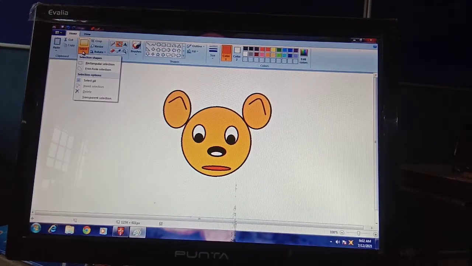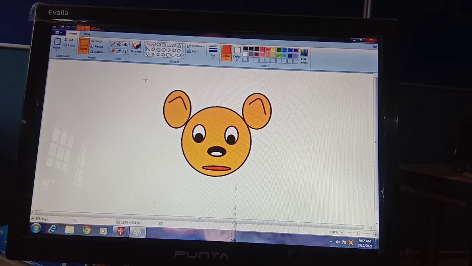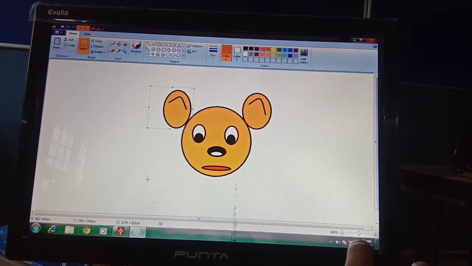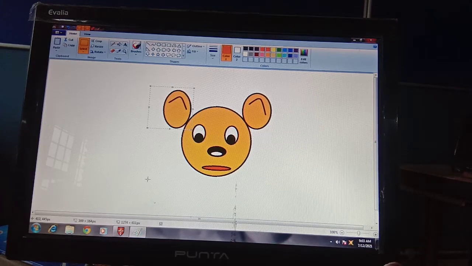We need to click on it, and now click and hold the left mouse button, and then drag the mouse over the outer boundary of the object. For example, I want to choose this ear. So I will do like this. See, this part is now selected. Release the mouse button when it is completely selected.